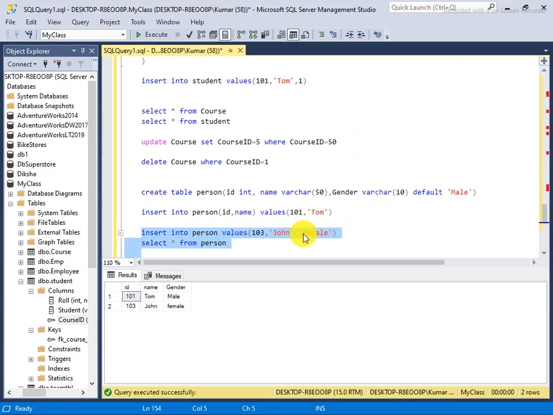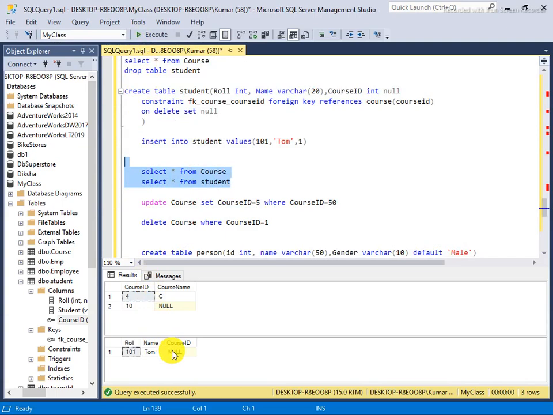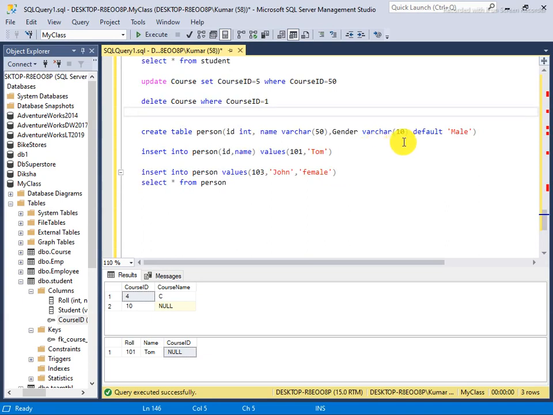So the default value you have set, once you deleted, then the default value takes the place of the null value, as I had done here. If you set it in your student table, the default value from the parent table would be here. At the time of creation of the parent table you have to declare the default value, or you can alter the table and the column data type, and you can alter the default as well.